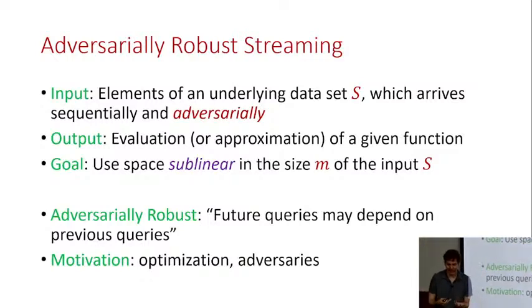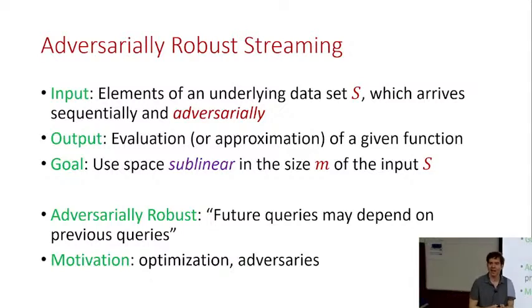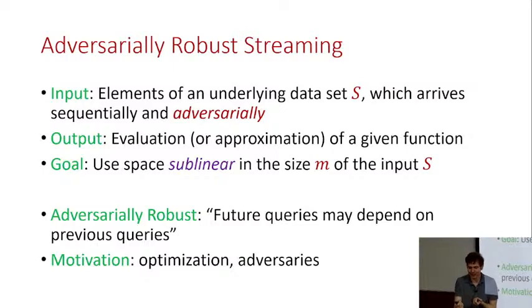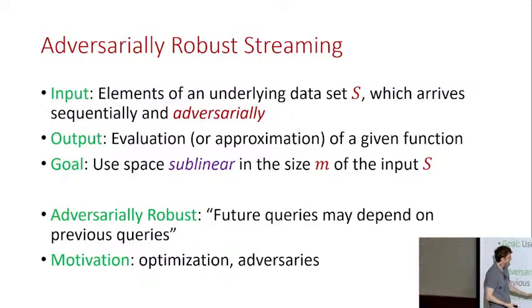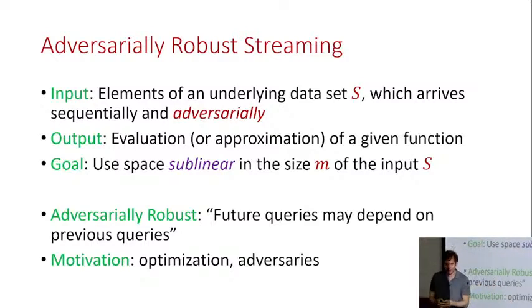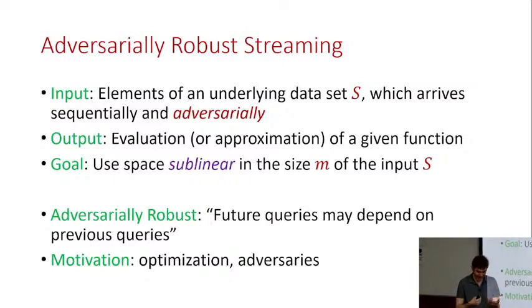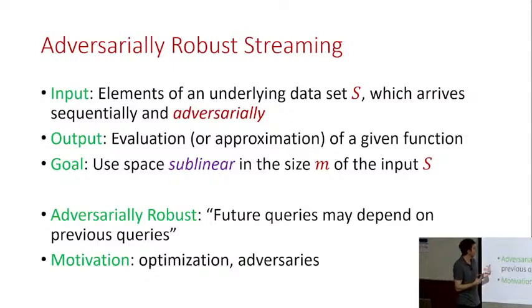For example, you might have a stream of stock market data where you're making predictions based on it, and so maybe you purchase some stock based on your predictions, and these therefore influence the market and cause future stream updates to depend on your past choices. Or sort of more obviously, maybe in optimization, you're minimizing some function, and so at each step you're querying some sketch based on what the sketch previously output for the optimization. Okay, so there's sort of naturally occurring cases where future queries depend on past queries, even in non-adversarial settings.